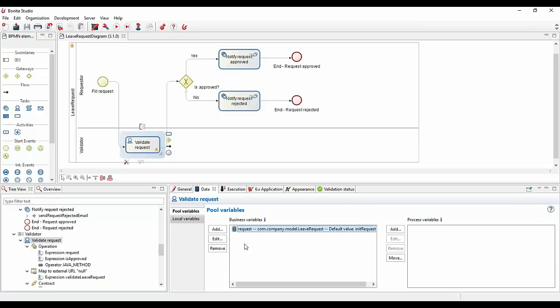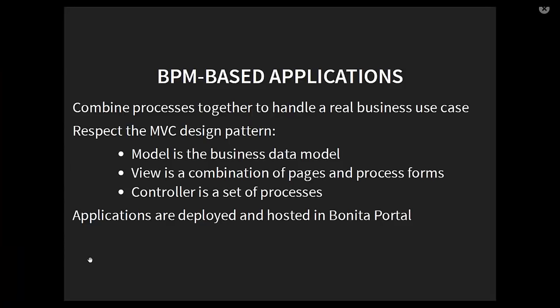Most of the time, this information should be requested each time you need it to make sure you don't duplicate information in the process variable, for example. All right, and I was saying, this is good. We have this process, but a process alone is not that great, or at least from the default portal that we provide from Bonita. This is really what we call a BPM-centric application.